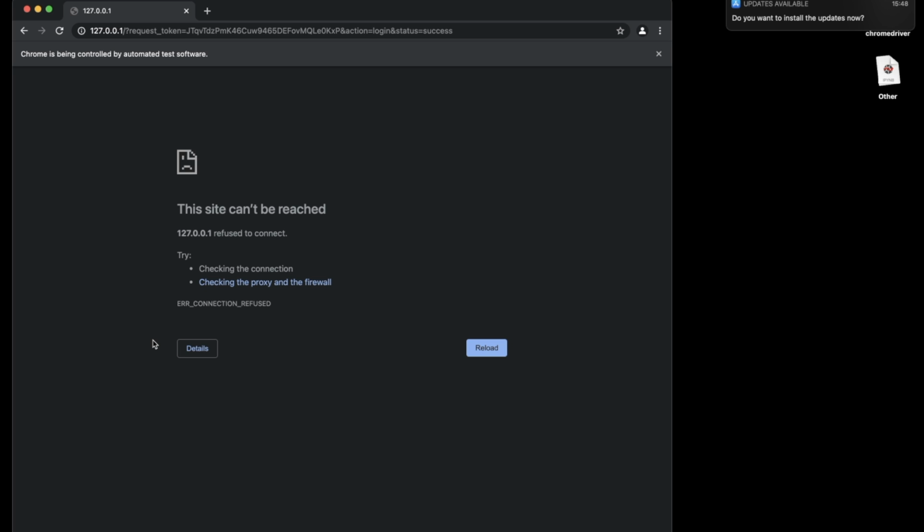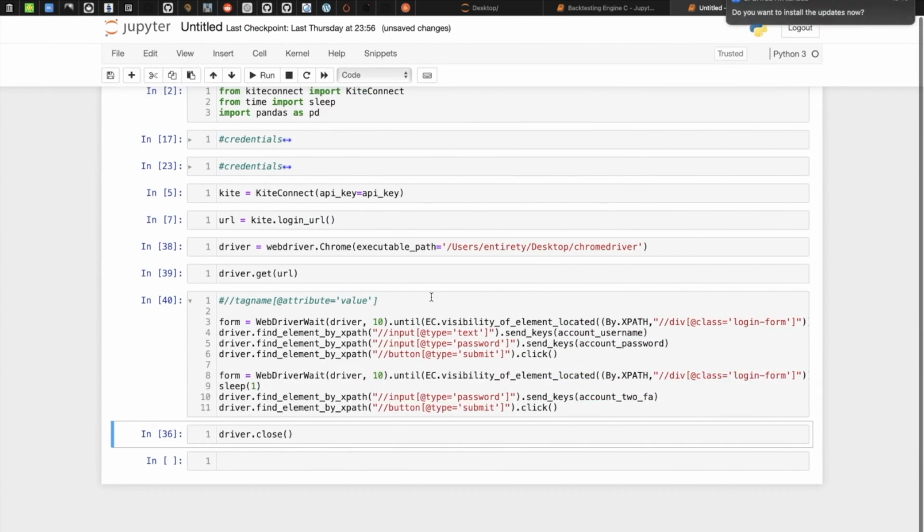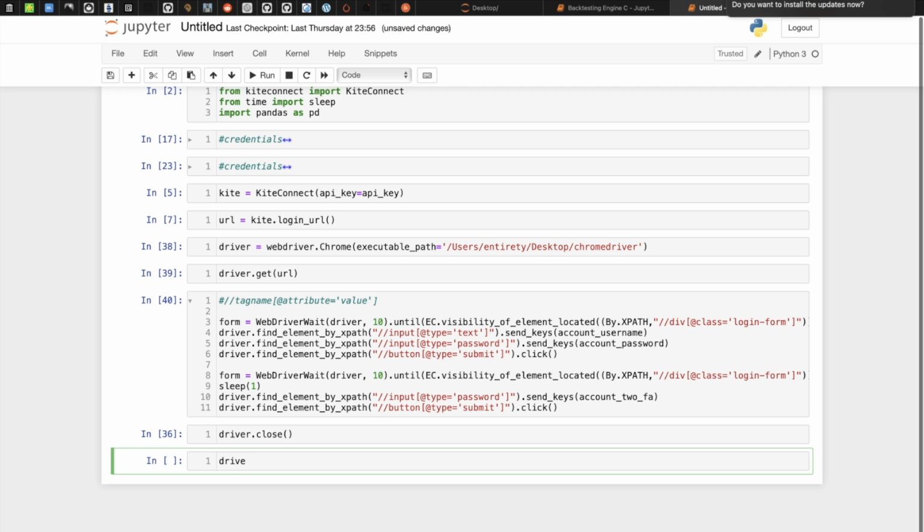Actually I posted the redirect URL as 127.0.0.1. You can use your own website as well. We now need to fetch this URL. For that, we can simply do driver.current_url.